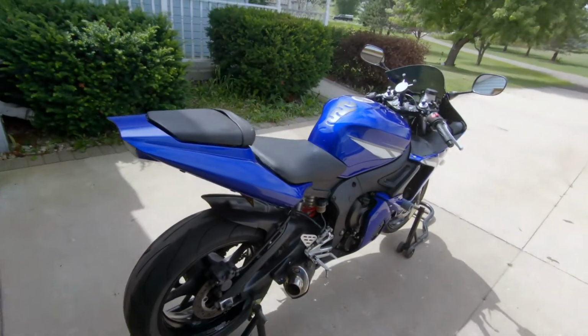Okay, as you can hear, it does have a shorty Micron exhaust on it. Sounds awesome. Hope you guys like that. Otherwise, looking to get